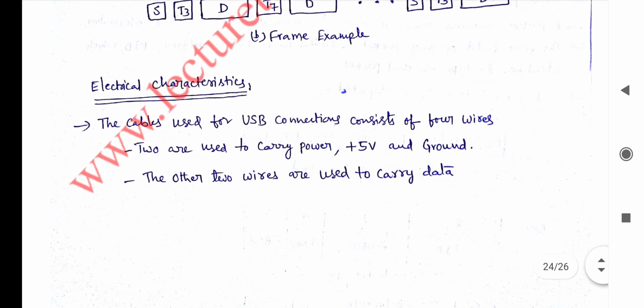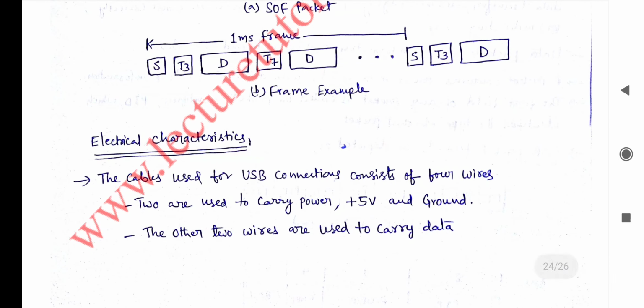Electrical characteristics. The cables used for USB connections consist of 4 wires. 2 are used to carry power, that is 5 volts and ground, and the other 2 wires are used to carry data. Okay.